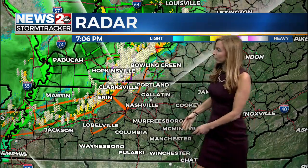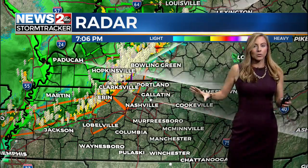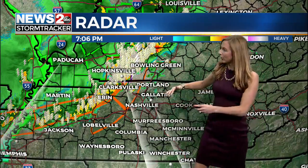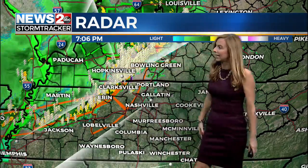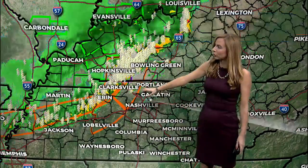Several severe thunderstorm warnings as we widen out. You can see areas east of I-65 for now are okay, but this entire line is headed towards you folks next. You notice, though, to the north and the west, if you live really north and west now, things are quieting down. I'm talking Trigg County and, of course, up towards even Henry County. Still got a little bit of lightning, but we're zooming down because we also have